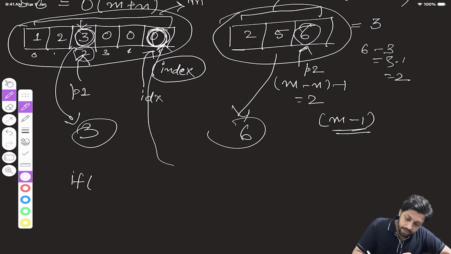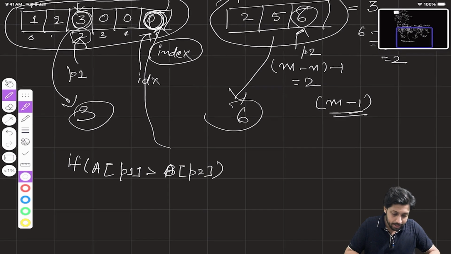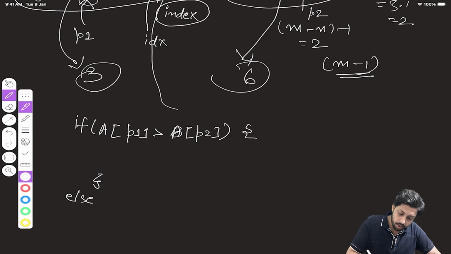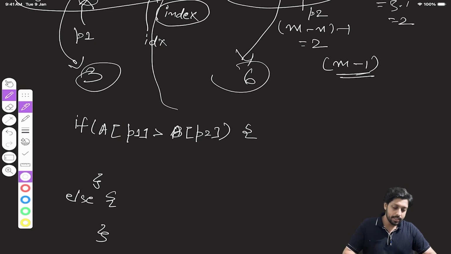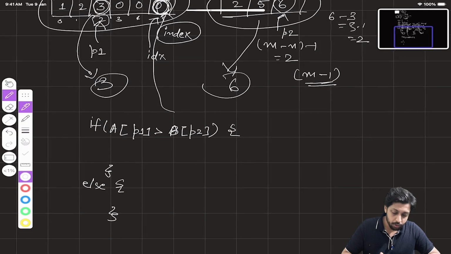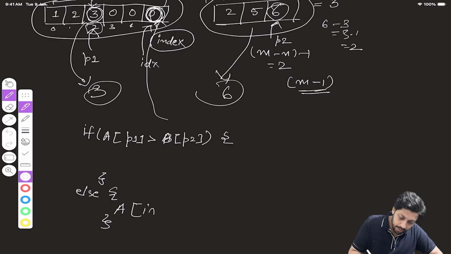If a of p1 is greater than b of p2। क्यों किया मैंने ये? क्या ये इससे बड़ा है? तो क्या करो, और अगर नहीं है तो क्या करो? कूल। सो लेट्स से considering our case is 3 greater than 6? No, नहीं है। तो क्या करना चाहिए? What should we do? Simply आप इस a के इंडेक्स पे b का p2 रख दो।